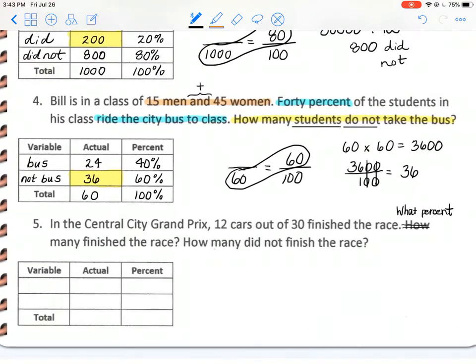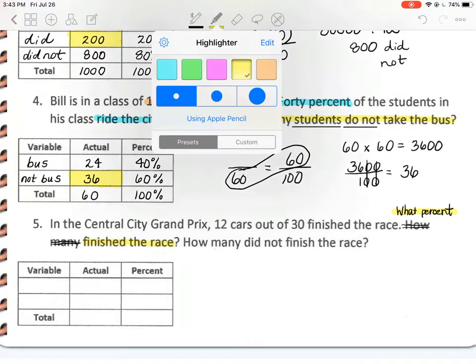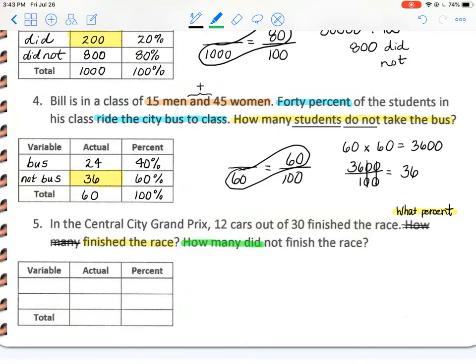Okay, number 5. In the Central City Grand Prix, 12 cars out of 30 finished the race. What percent finished the race? How many did not finish the race? And I had to make a change here to my question, so I'm sorry about that. I had just mistyped it. The question is, what percent finished the race? That's one question. And here's another question. How many did